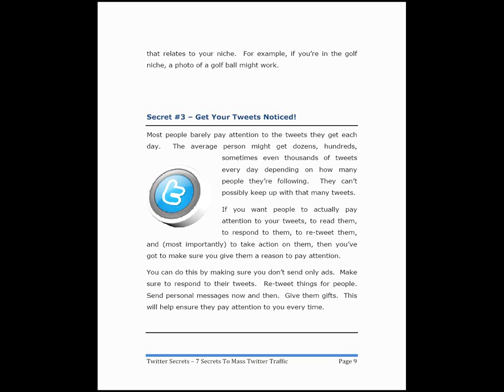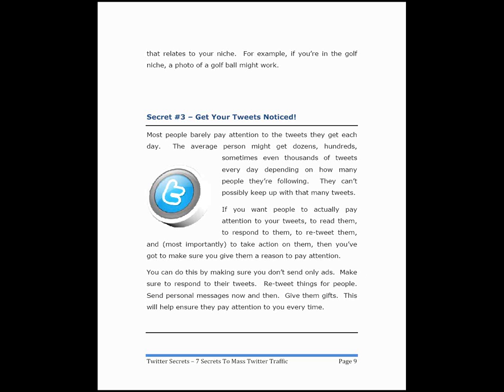I do it on my computer, and then if I leave during the day, take one of my phones, I turn the phone on, I'll turn the tweets on, pay attention to some of them. If you want people to actually pay attention to your tweets and to read them and respond to them and to retweet them, and that's most important,